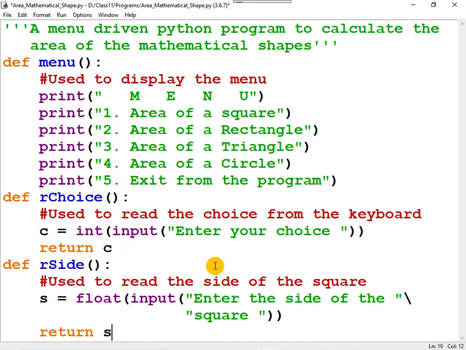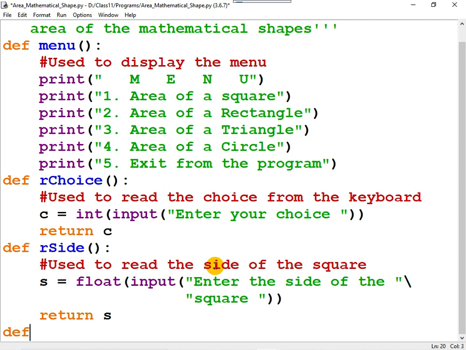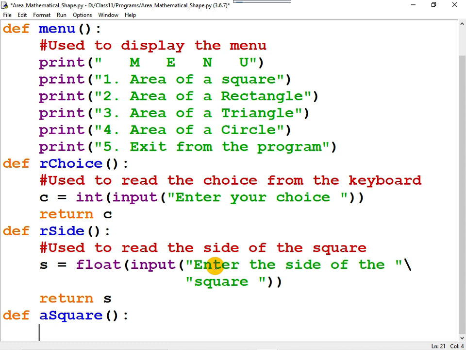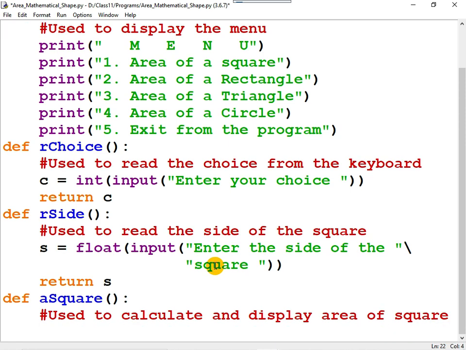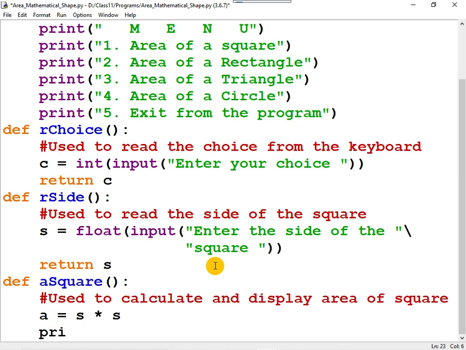Now in order to calculate the area of a square, let me create another function. The keyword def followed by a for area square, colon. Certainly document string should be written, used to calculate and display area of square. Now what is area of the square? Area is equal to side into side, and here you can display the answer. Area of the square equals